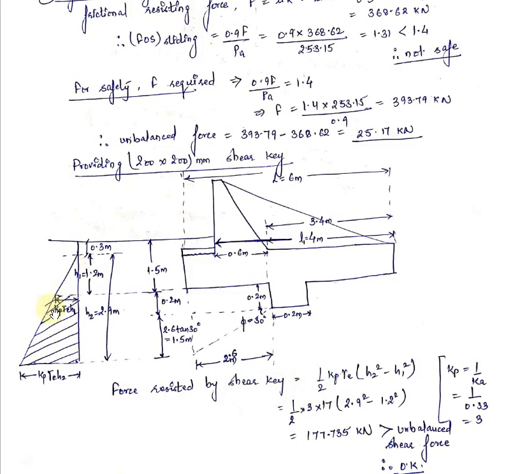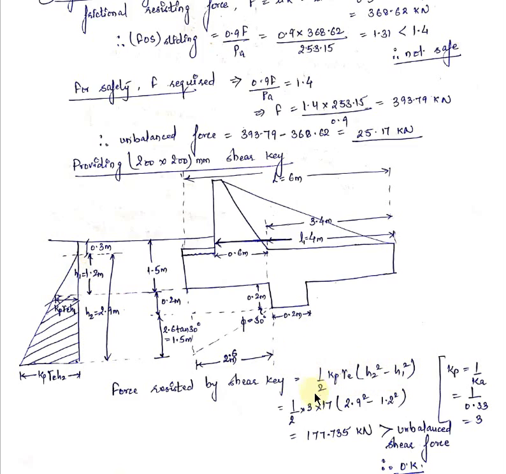See, how do we calculate the passive earth pressure force? Half Kp into gamma e into h square. Now in this case we have two triangles, so I will subtract this smaller triangle from this larger triangle in order to get the value of this trapezium part. So the value of the bigger triangle will be half Kp gamma e into h2 whole square, minus the value of the smaller triangle, which will be half Kp gamma e h1 square.